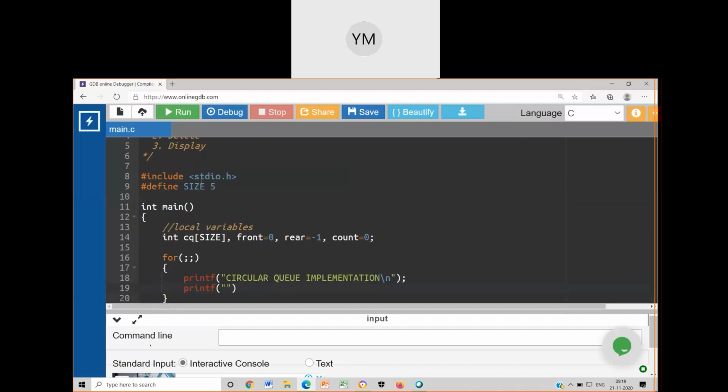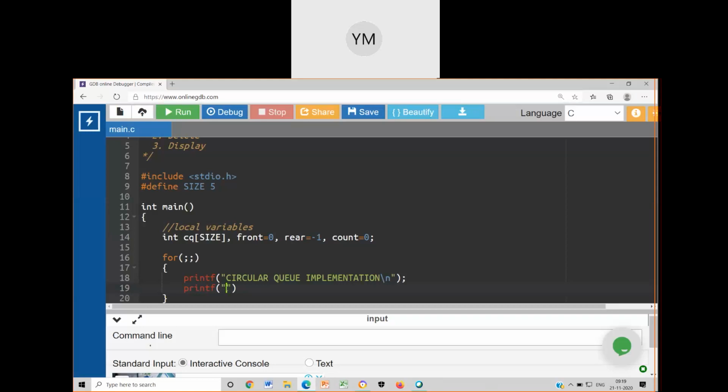Should I take character options or should I take integer options? What do you suggest, guys? Character options or integer options? Character. Okay, let me take character options.